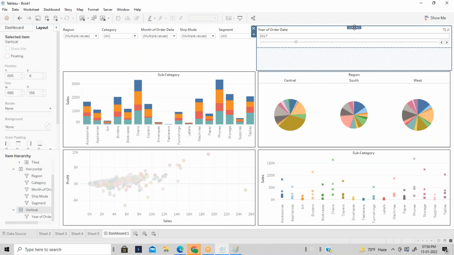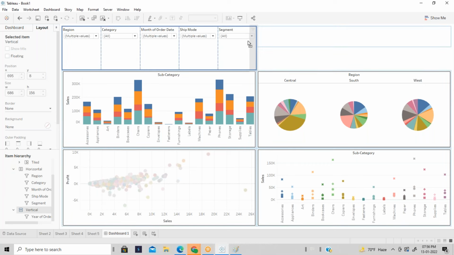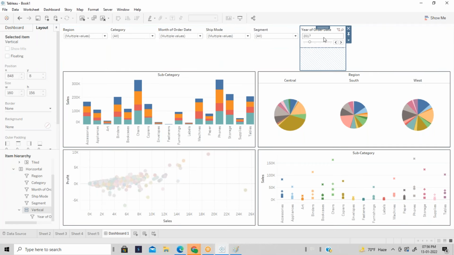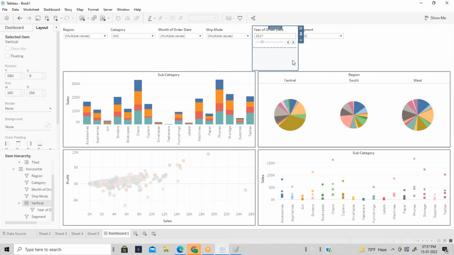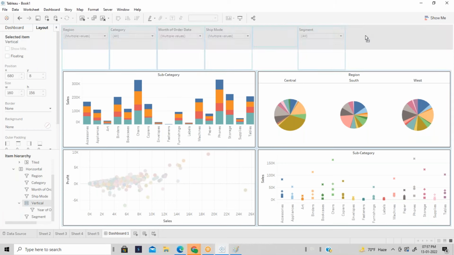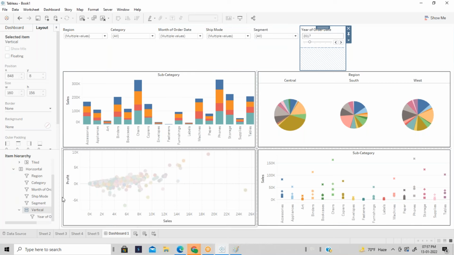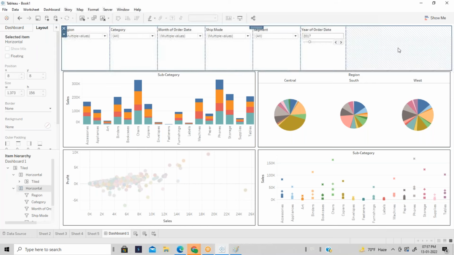Still order date is not there inside. Okay, let it be. That's okay. Anyway, it's inside the filter, right?